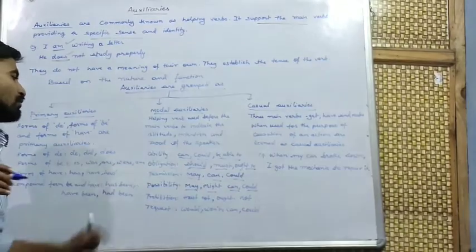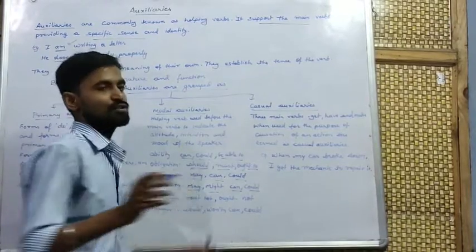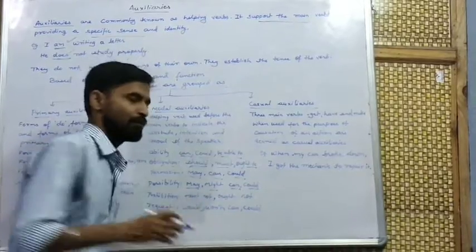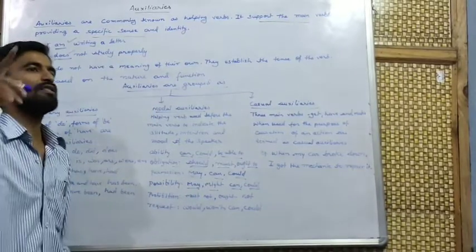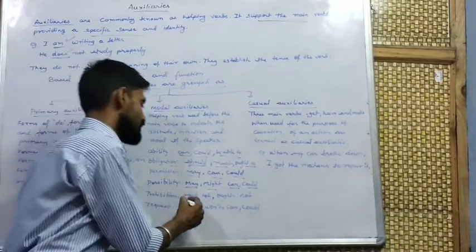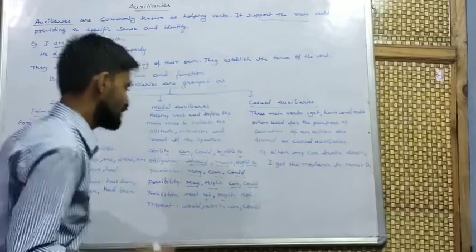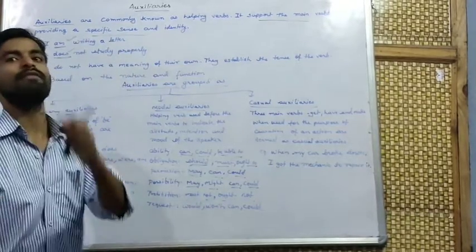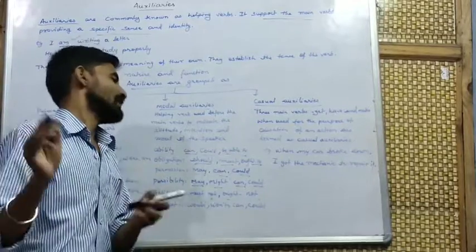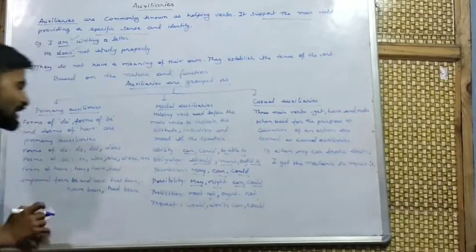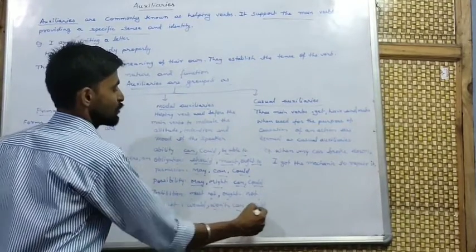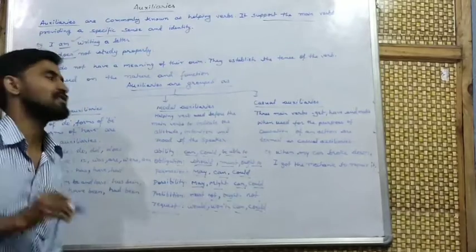Now, prohibition. Prohibition means to stop or restrain something. If a mother tells you not to go out, this is a prohibition. Must not, ought not. These are the words showing prohibition. Prohibition is just like giving advice not to do that work. Request. The last thing is request. Would, can, could. These are the modals which show request.